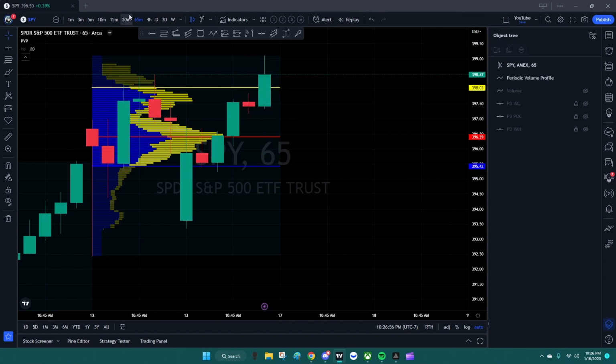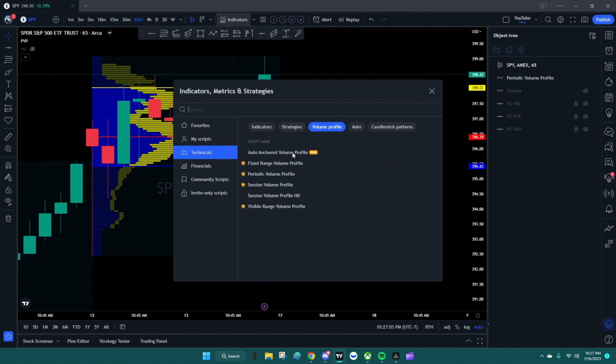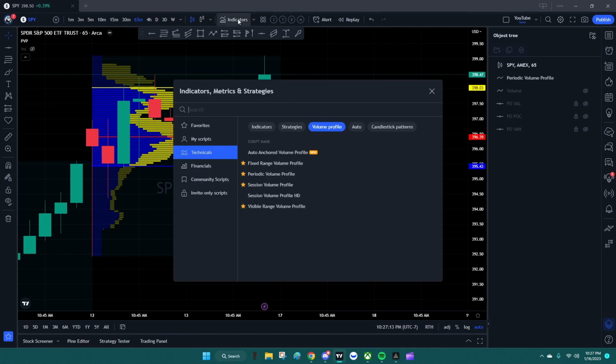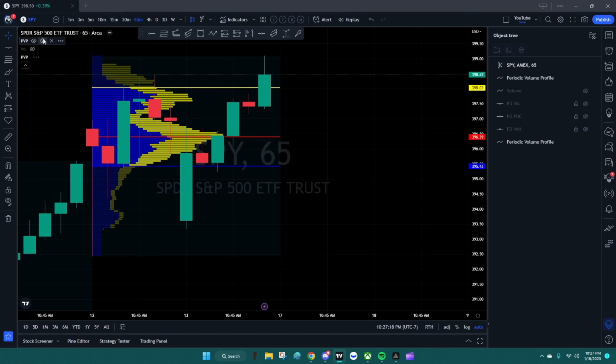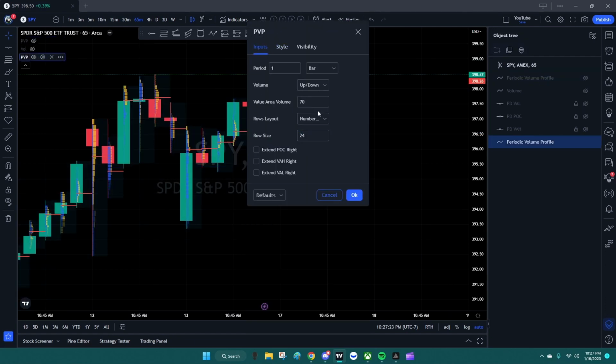We're going to be on the 65-minute, again, regular trading hours. This time you go to indicators, you go to technicals, volume profile, and we're going to be using periodic volume profile for the next two setups. From there, I'll add it so that we have a fresh one. I'll hide mine. And now again, the inputs will be the same. These need to be at 68.100, but this time we're going to do 7-day